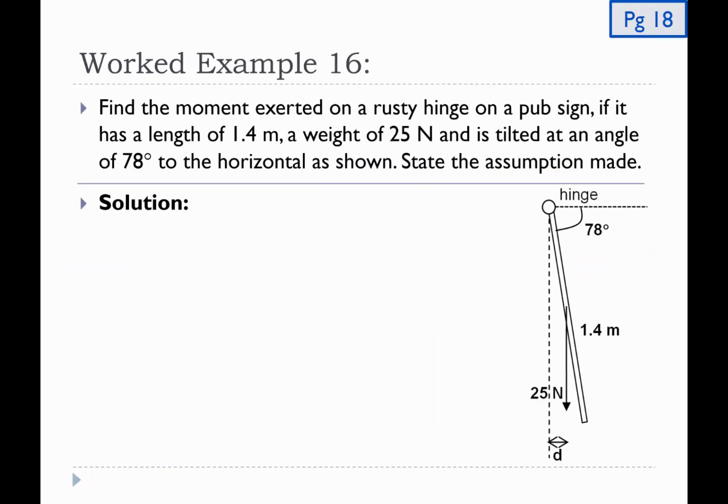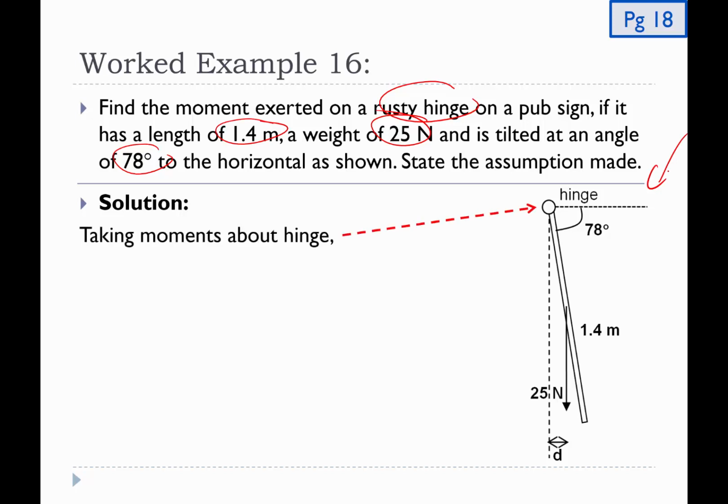So let us look at one last example, example 16. Here we are required to find the moment on a rusty hinge, due to the weight of 25 Newton. The sign itself has a length of 1.4 meter, tilted at an angle of 78 degrees. Everything has been drawn here. In order to find the moment about the hinge, once again, what we need to do is to extend the line of action